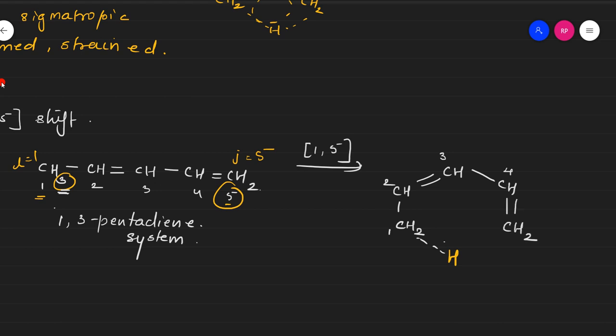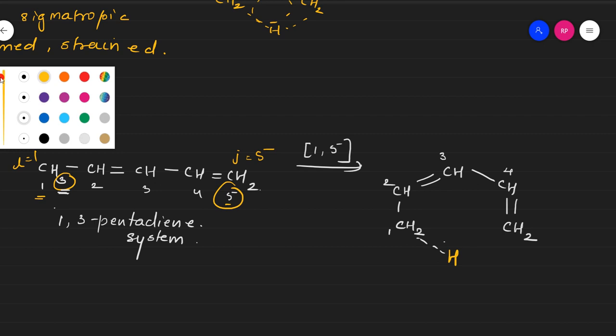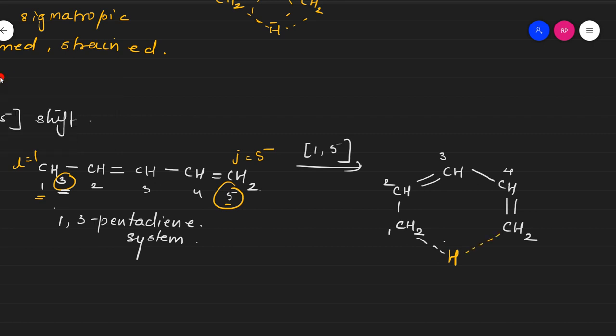Now you remember in a cyclic transition state there is bond formation and bond breaking. So here a new bond is going to be formed and the old bond is going to break. This bond is going to break, so I will put a dotted line for the double bond over here. A new bond is going to be formed here. We can write it this way. This was the initial one. Dotted lines indicate bond formation and bond breaking. Sometimes a whole circle is also written. This is your cyclic transition state.